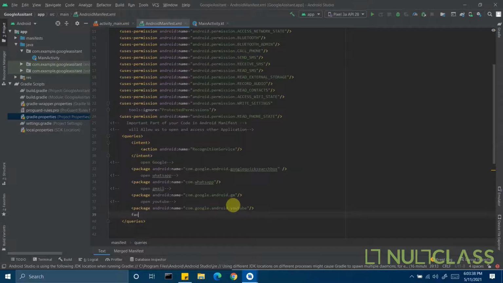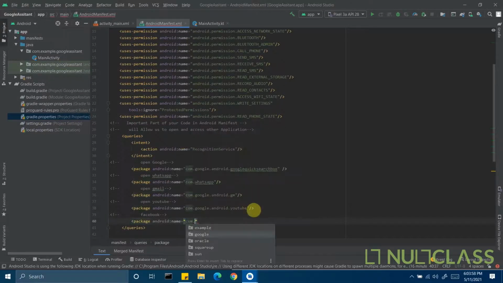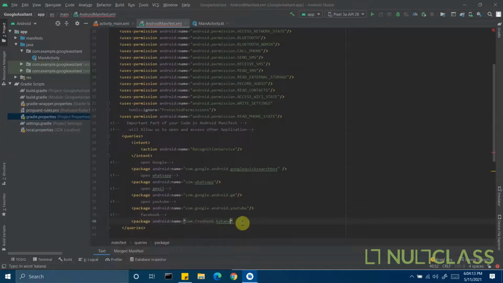Now we have to type here the Facebook package, which everyone uses nowadays, which is also a very common app. So it is essential to have its functionality in our application. Now we are going to type here com dot google dot, sorry, we are not using Google, we are using Facebook. So type here Facebook dot katana. Okay,